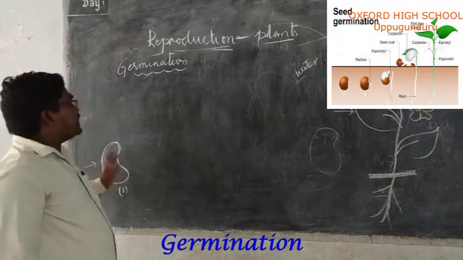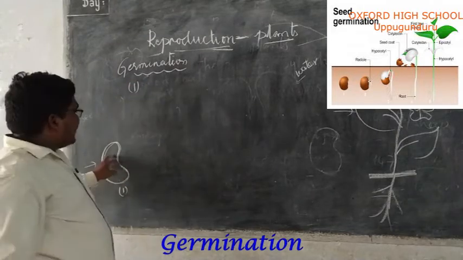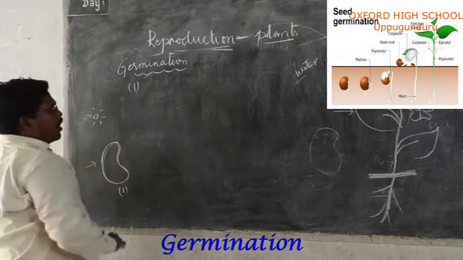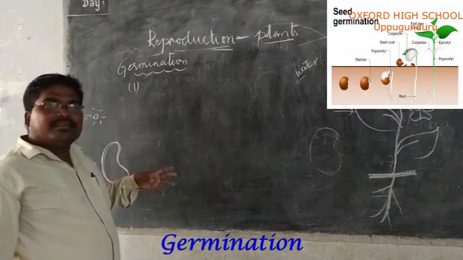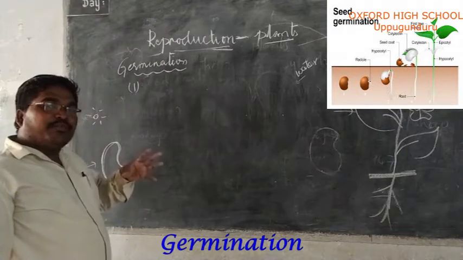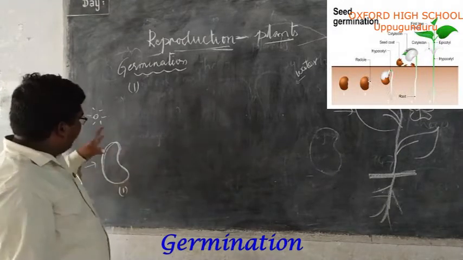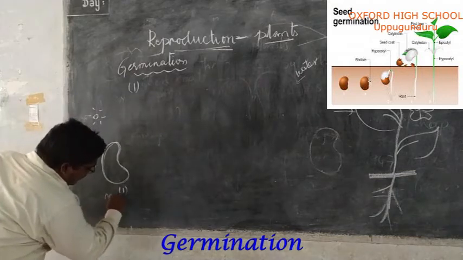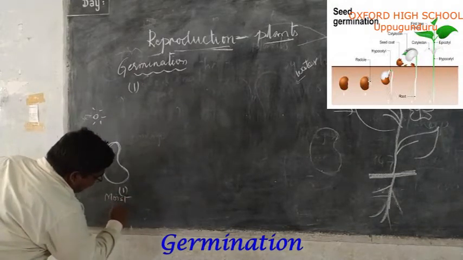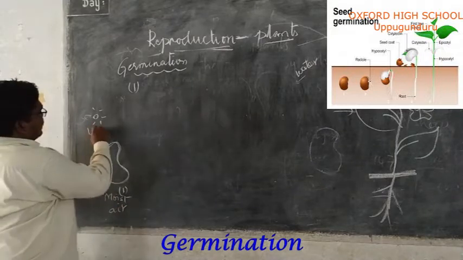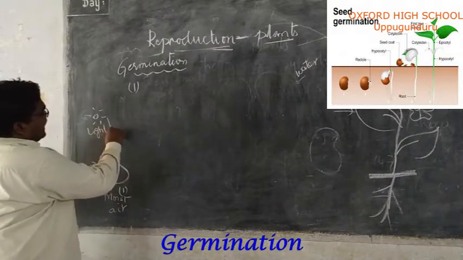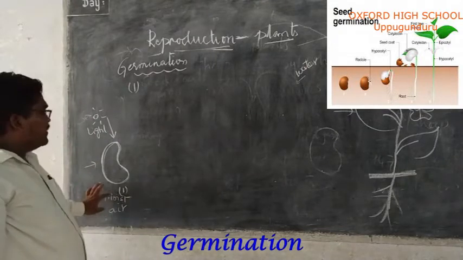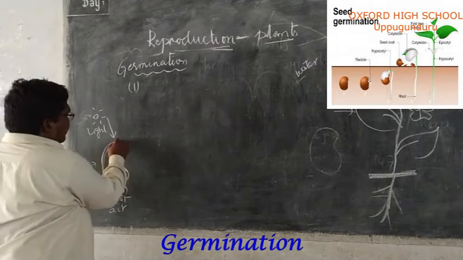In the first point, when the seed gets the proper or sufficient amount of moisture, that means water, moisture, air and light, the seed coat that is present on the seed